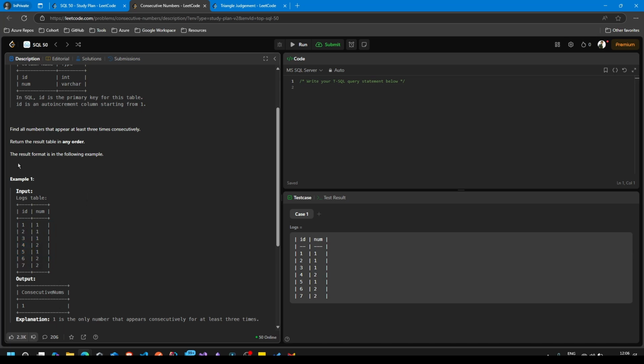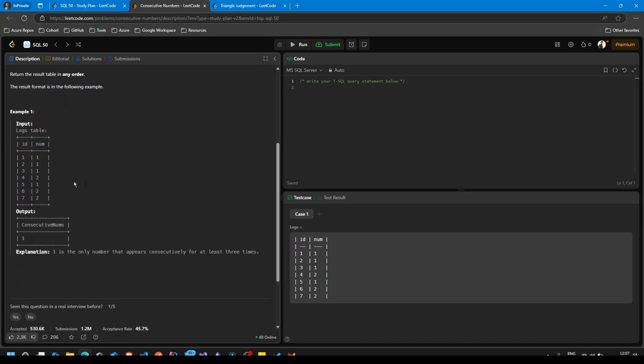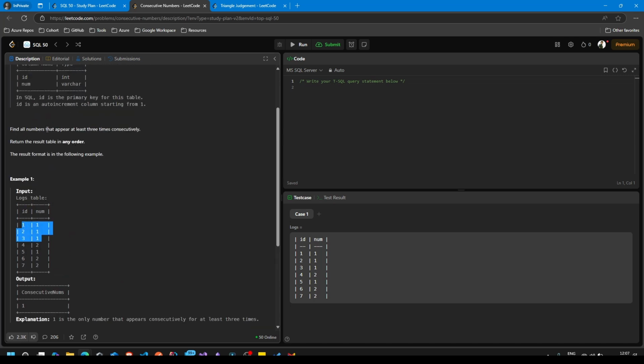Find all the numbers that appear at least three times consecutively. Return the result table in any order, like 1 2 3. We have 3 numbers, these are consecutive, and